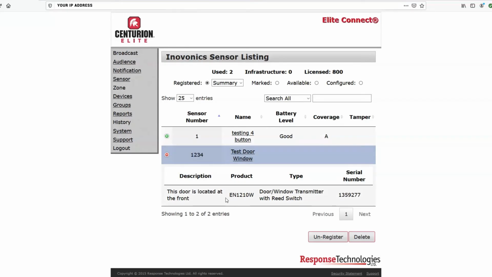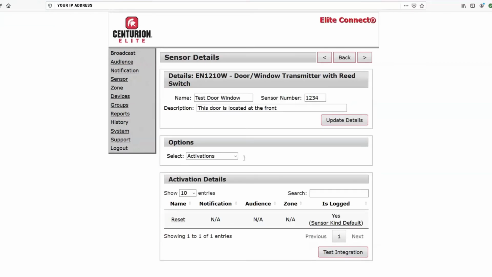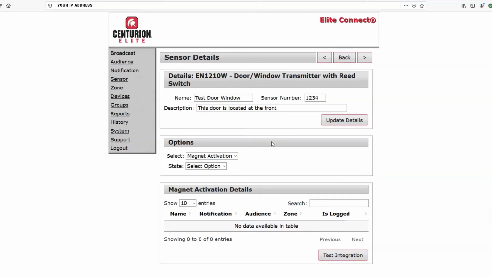If you hit the plus mark on the left-hand side, it'll give you the description, product type, and serial number. Now, if we want to take this a step further, we can go ahead and add this sensor with some notifications and audience settings. To do that, we're going to click on the name of the sensor, and it's going to bring us to the sensor details screen. Inside this detail screen, we see all of the different information we plugged in there, as well as triggering options. Because this is a door window contact, we're going to hit magnet activation and select state